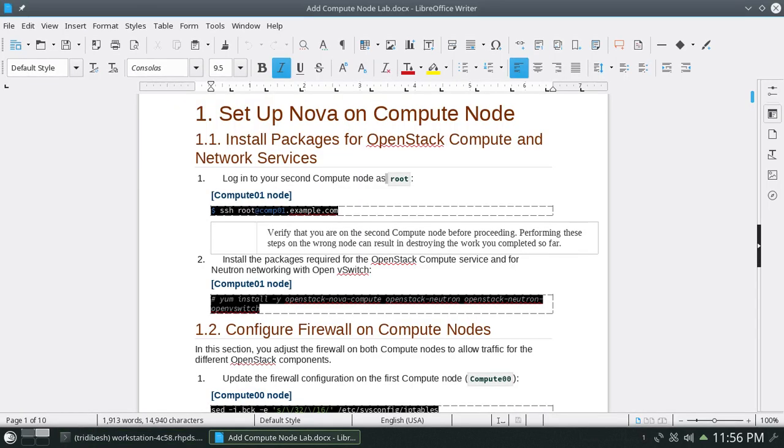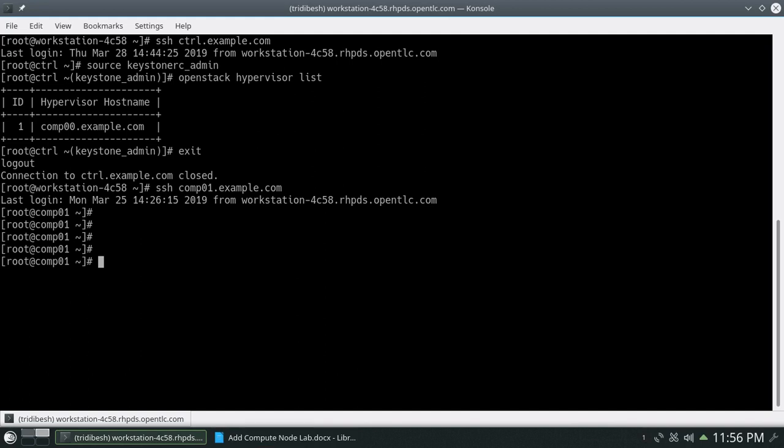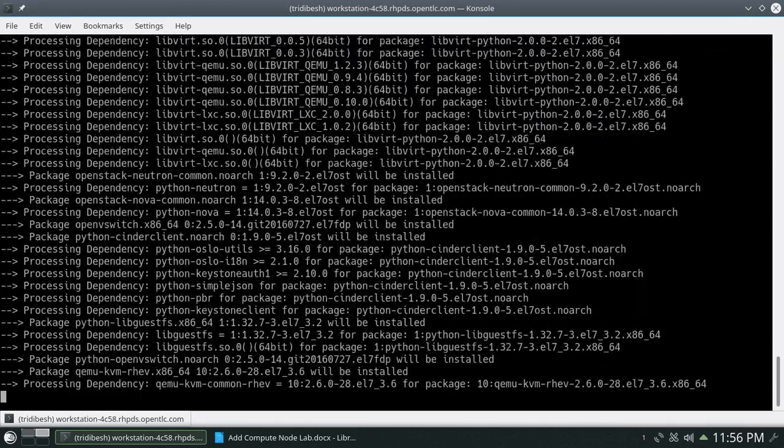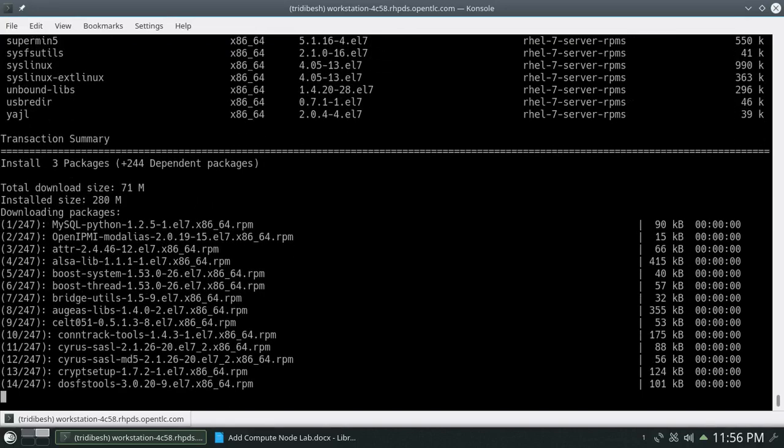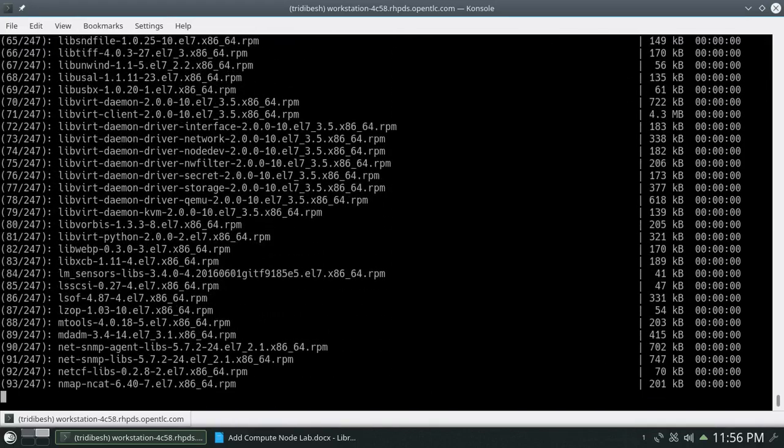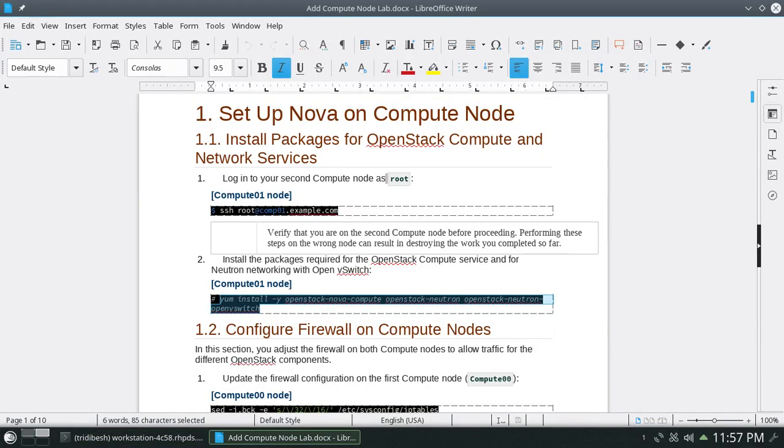We will be installing openstack-nova-compute, openstack-neutron and openstack-neutron-openvswitch, these three components. Let's copy these three. It will take some time to install.